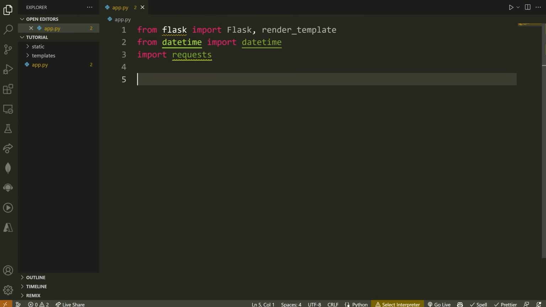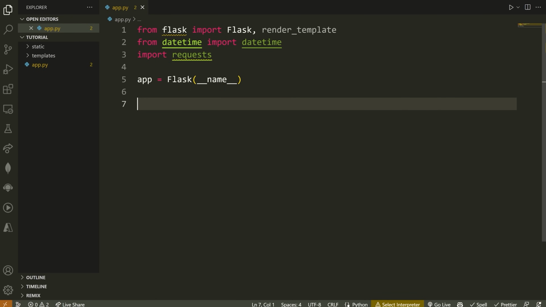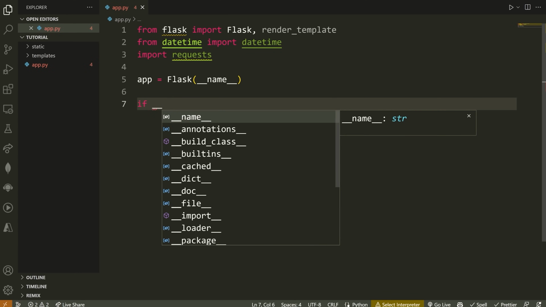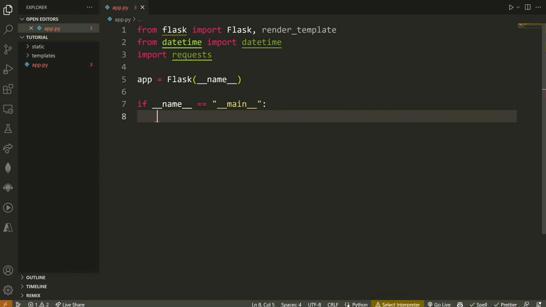We're going to begin by creating a Flask app. So we're going to say app is equal to Flask in all capitals, and then inside of here, we're going to put __name__. Don't worry too much about exactly why we need that, but this is going to act as our Flask app. From here, we're going to say if __name__ equals __main__, then app.run, and we're going to say debug equals True.